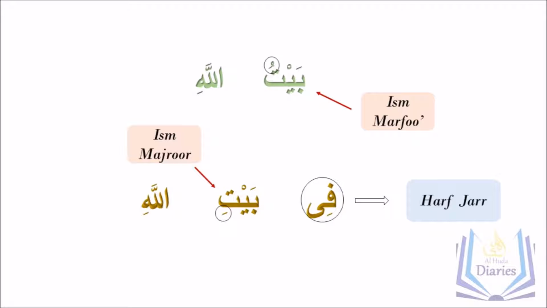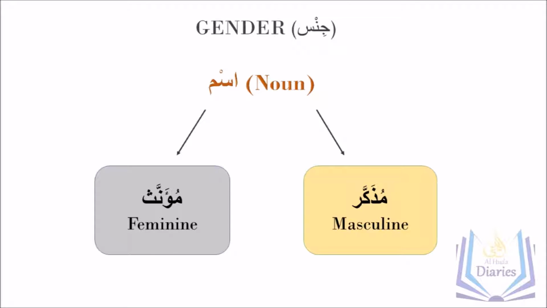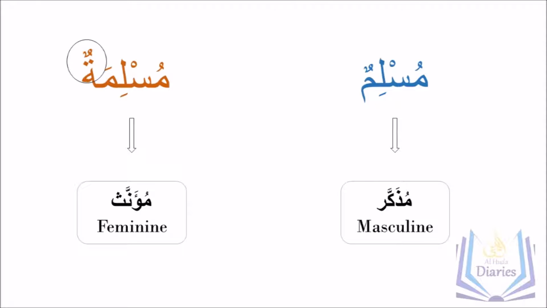This is basically what we are going to look at now, but we will be dividing the ism to mudhakkar and muannas and looking at the changes it goes through in different quantities, that is wahid, tasniya and jam. For this purpose, we shall take the word Muslim and see the changes it goes through, inshallah. So as mentioned before, each noun could either be mudhakkar or muannas. So if muslimun is mudhakkar, then the muannas form of muslimun is muslimatun. That is, it gets a ta marbuta.